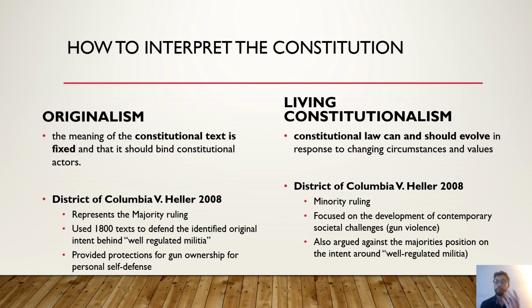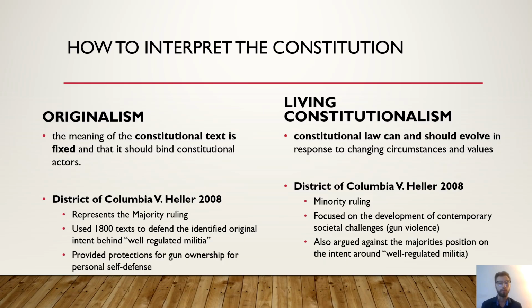And this brought him to the court system. In the courts, this police officer argued that it is his Second Amendment right to have a firearm as a citizen beyond being an on-duty police officer. So his argument was that he can be armed. And the District of Columbia, which represents the Heller side, was stating that due to local gun regulations, it is illegal for him to possess this firearm.